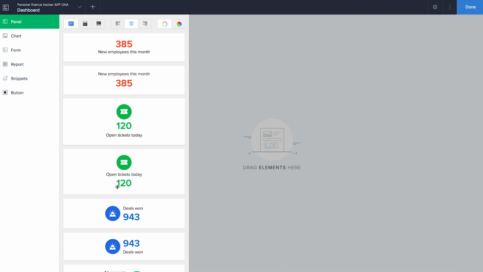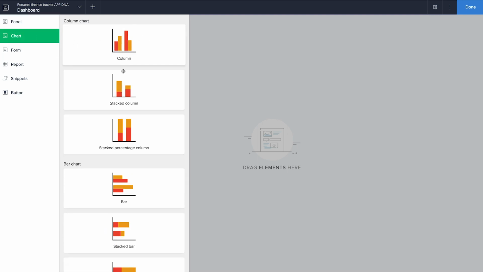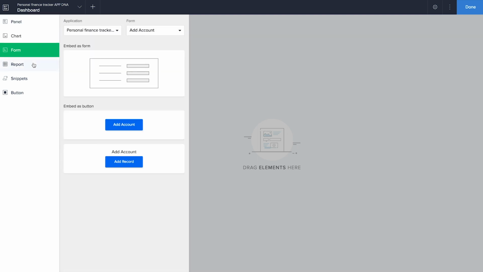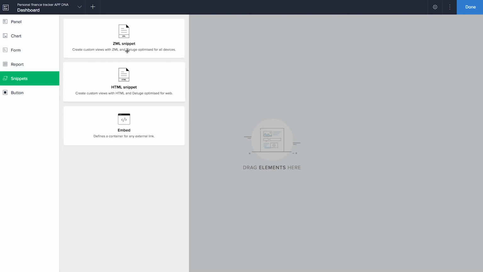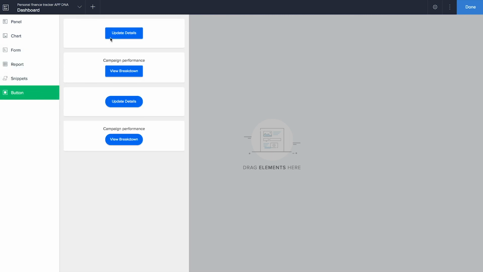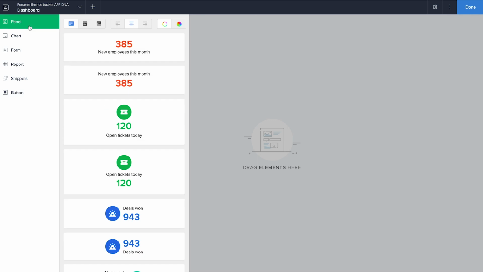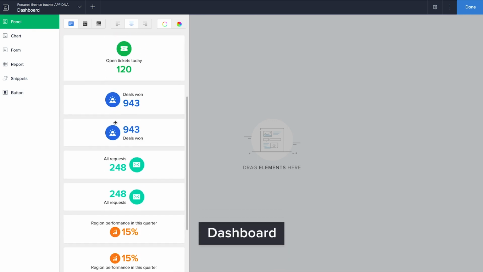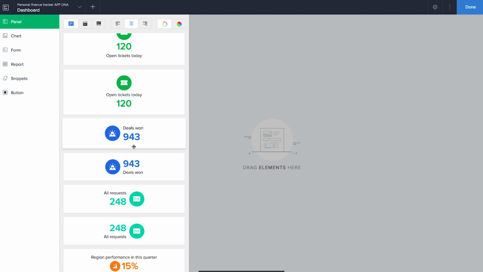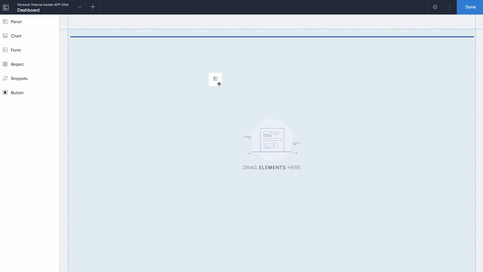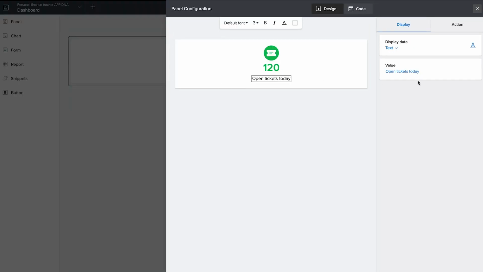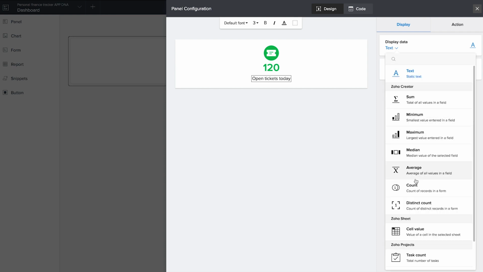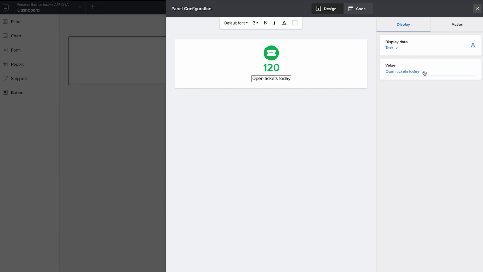So these are certain features that you can have. You can drag and drop these panels. They're so colorful. You can have charts. You can embed forms, reports, snippets for advanced programmers, and buttons here. Now I'm going to start with simple things. I'll use this one, okay? And I'll rename this as active balance. Display data text. You can have a lot of this. You can have either sum and minimum and maximum and a lot of stuff. Here I'll just have text that would say